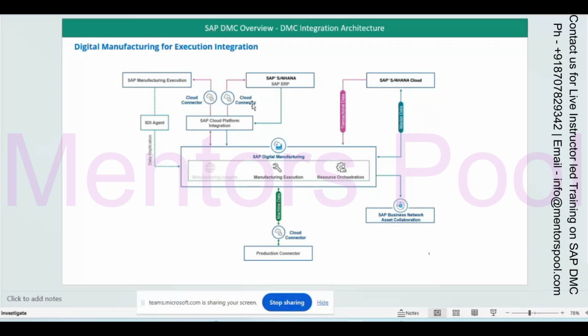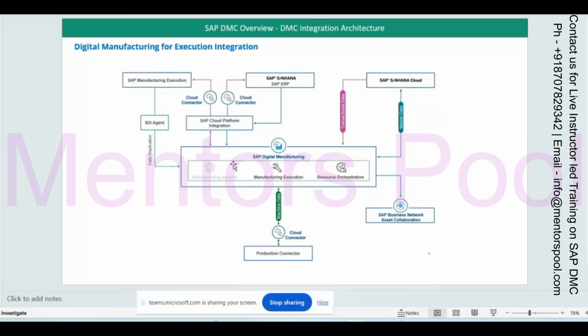And here this is your CPI. The cloud connector is connecting to the S/4HANA on-premise. It is making this S/4HANA on-premise system available on cloud, and then it's connected to the CPI, and then CPI is connecting to Digital Manufacturing.